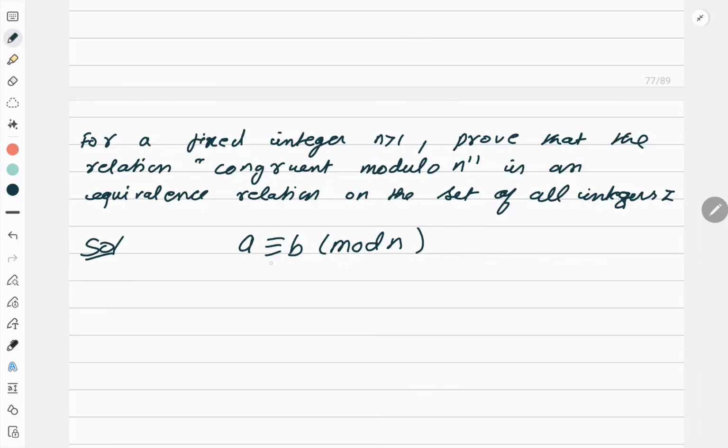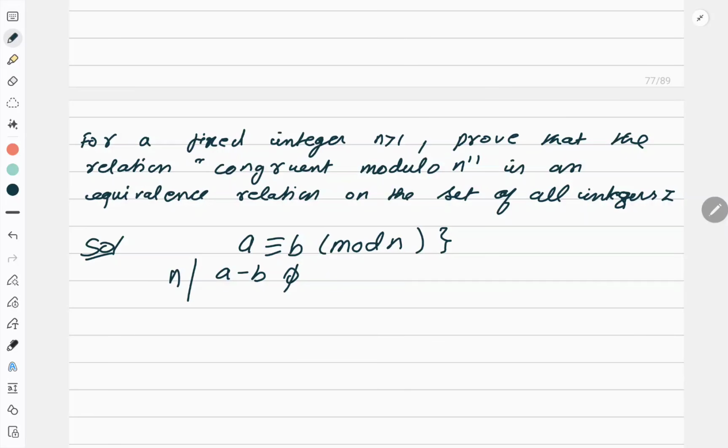This is how I read A congruent B modulo n, and it means that A minus B is divisible by n. So I can say that n divides A minus B. Or I can also say when A is divided by n, the remainder is B. To understand this in detail, you can check my playlist where I have explained modular arithmetic. Okay, so now I need to prove that this relation is an